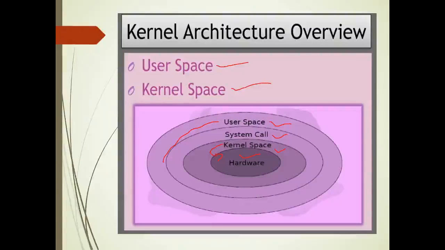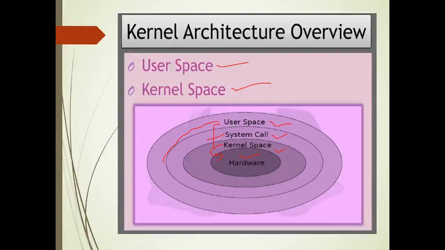So whenever the user program or application needs to access any hardware or memory, it must access it with the help of a system call to the kernel. So the request of the user will be sent with the help of a system call to the kernel. The kernel will recognize only the system calls and then the kernel will provide the required hardware or memory to the user with the help of the system call.